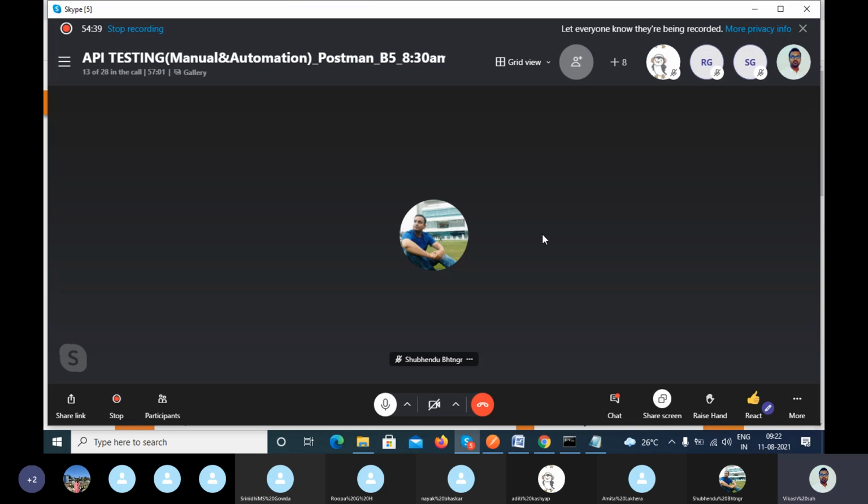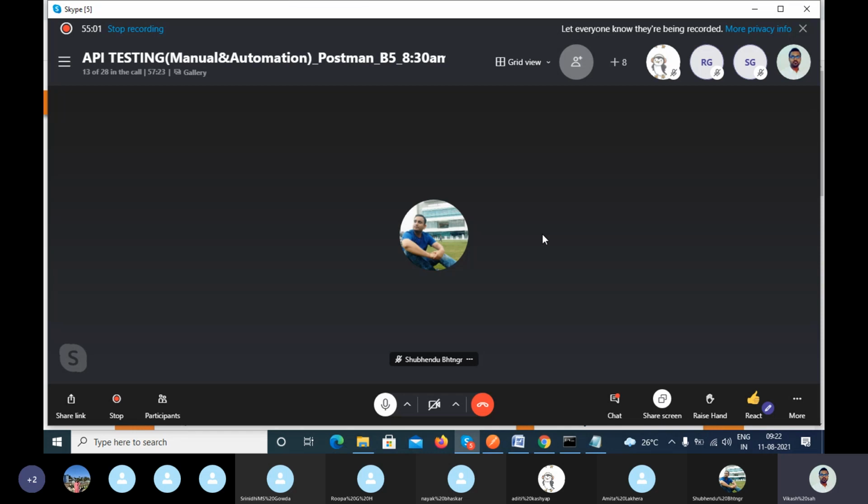So what we are doing here, we are trying to access the application. One person is trying to access the other person's data.